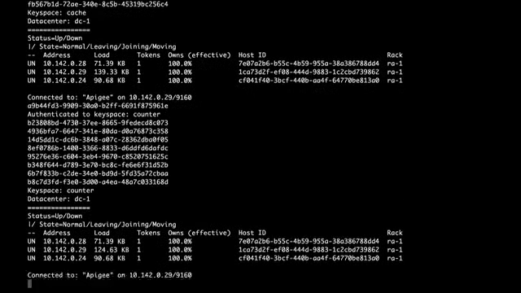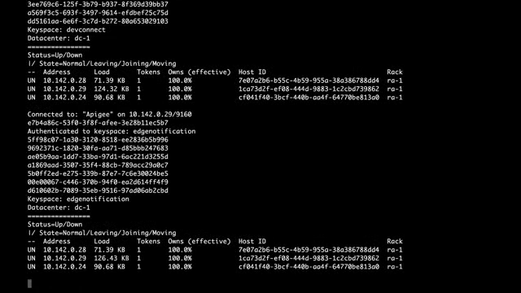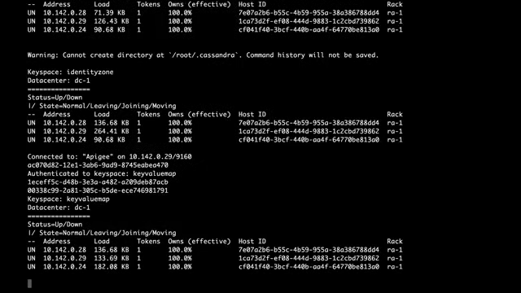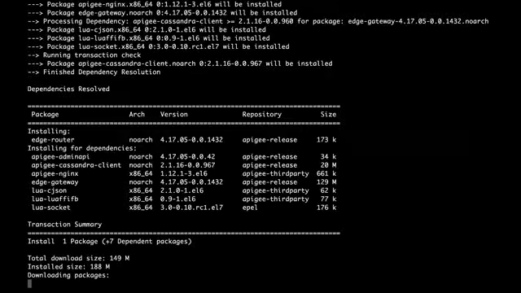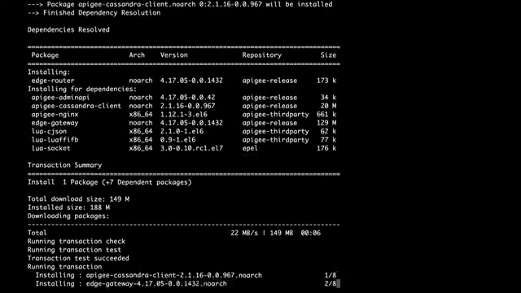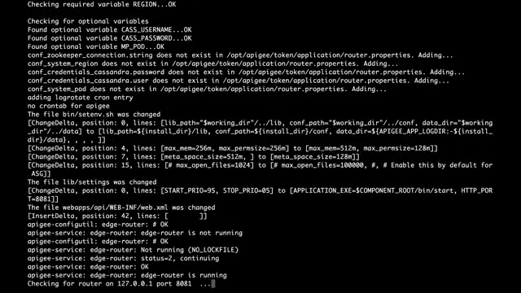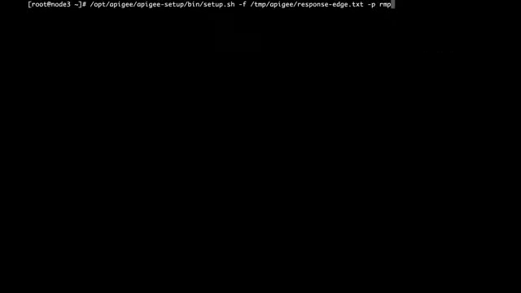With the management server complete, we move on to the routers and message processors and apply the RMP profile to hosts 2 and 3. Host 2 has the RMP profile now, so let's do host 3.